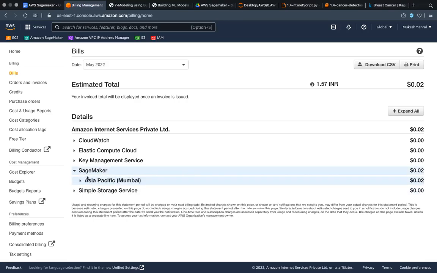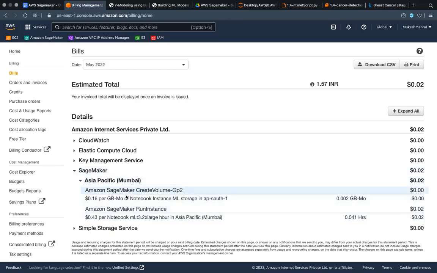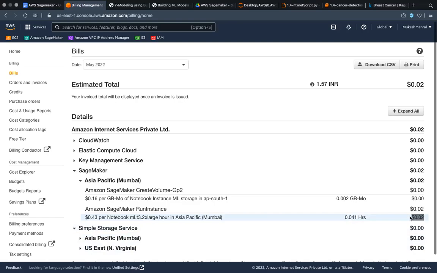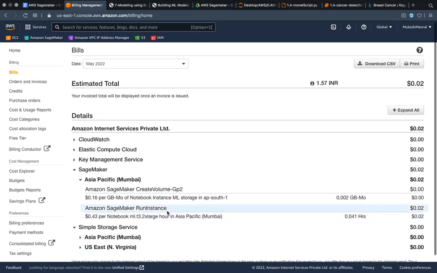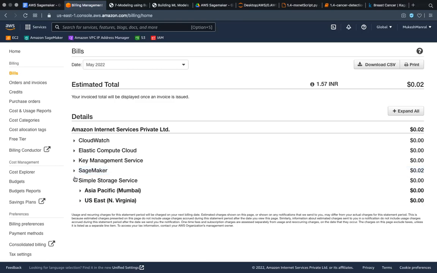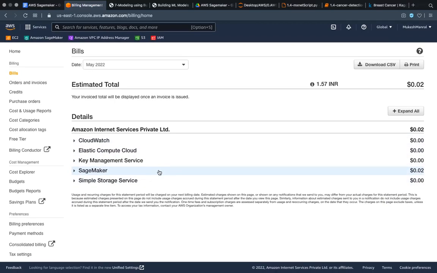If I go to SageMaker in Asia Pacific Mumbai, it charges 0.02. So you can see over here, ml.t3 2xlarge. It ran 0.041 hours, that is some seconds, and it charges $0.02. So this is how it can create a hole in your pocket. That Amazon SageMaker instance which we made